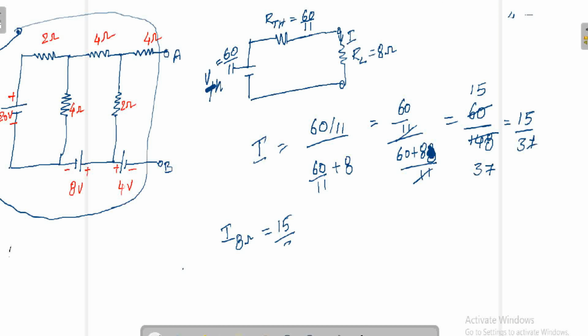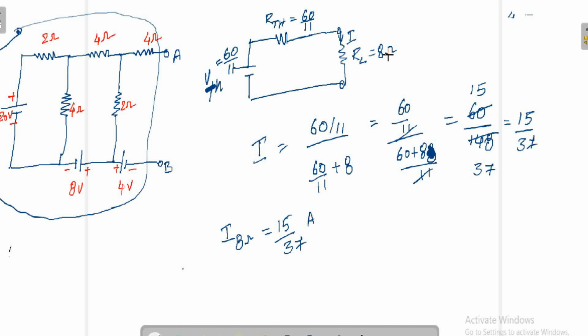Just verify this answer with our introduction to Thevenin's theorem. In that we considered the same problem, but we solved it by applying KCL and KVL. We got some value. Whether this value is equal to that value, just verify. Now what is the comfort you are going to get by using Thevenin's theorem? While finding VTH and RTH, is there any involvement of this load resistance? Just recollect.